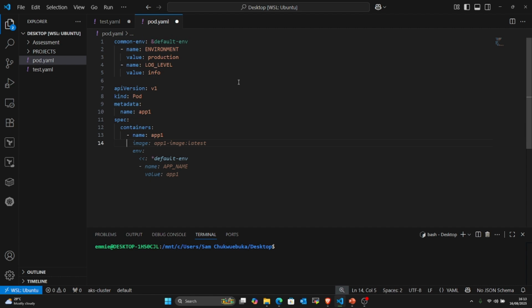So let's give it an image. Let's say nginx image nginx. So we want to create an environmental variable for this particular pod. So you can see I can just do